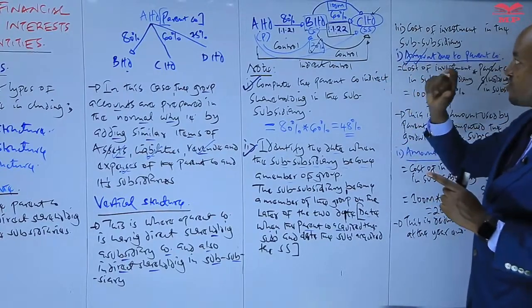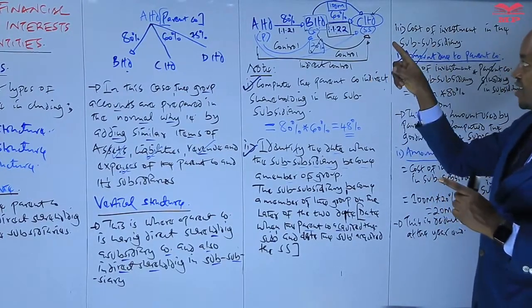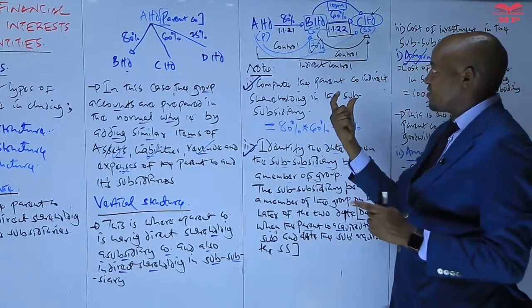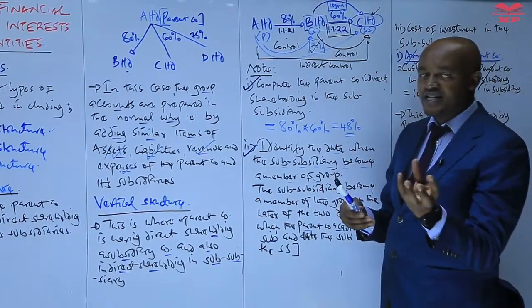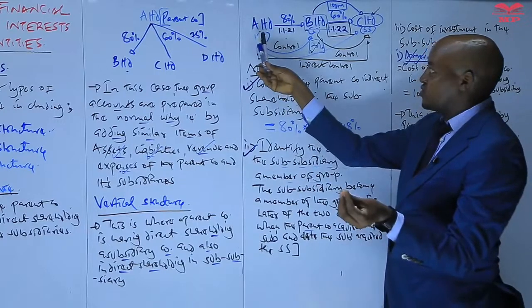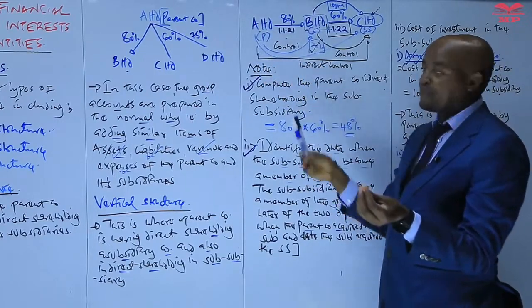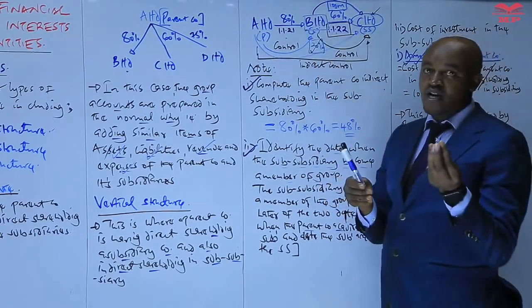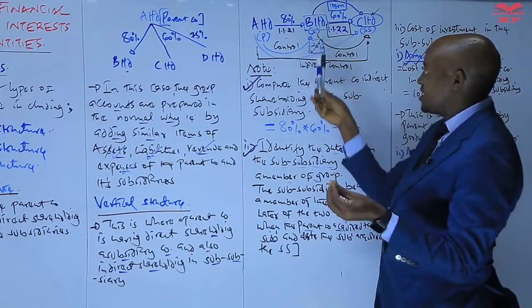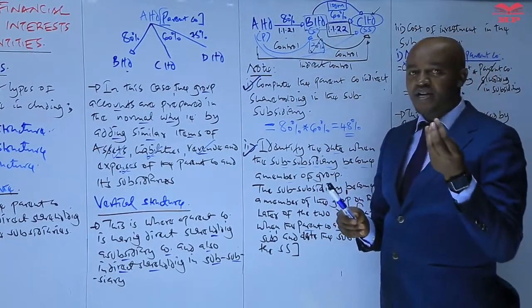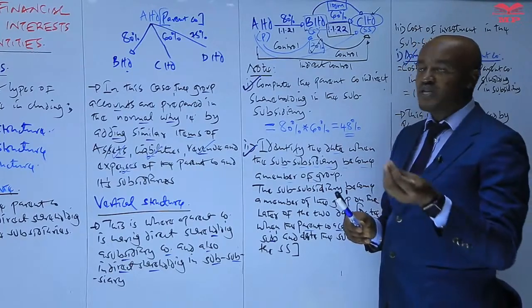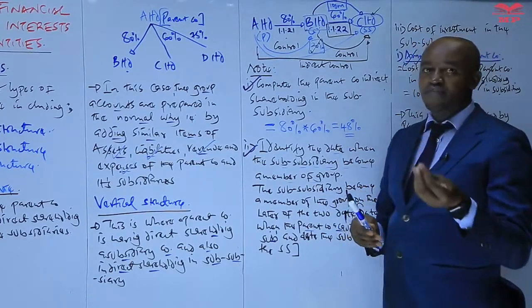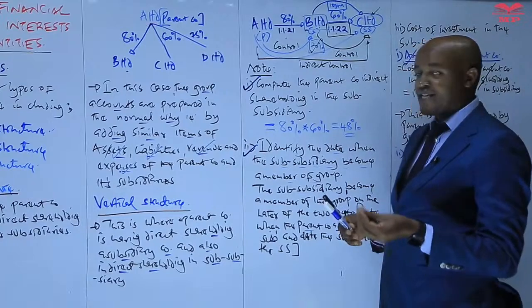The goodwill on acquisition of C is not computed by B, because it is important for you to note that in a vertical group structure, generally we have two parent companies. So A is a parent company to B, and then B is a parent company to C. But B Limited, in accordance with IFRS 10, is exempted from preparing the group accounts because it is a partially owned subsidiary of A Limited. The company which is